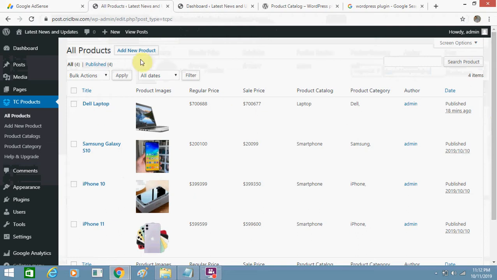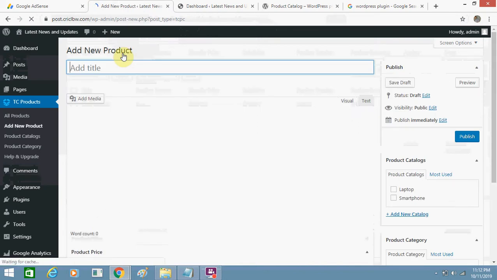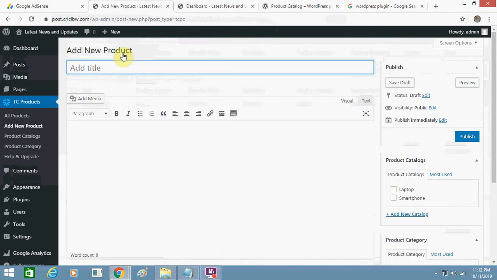From here you can click on add new product. Just click on it. I will add a Samsung phone. Just type in Samsung. You can type any model number.